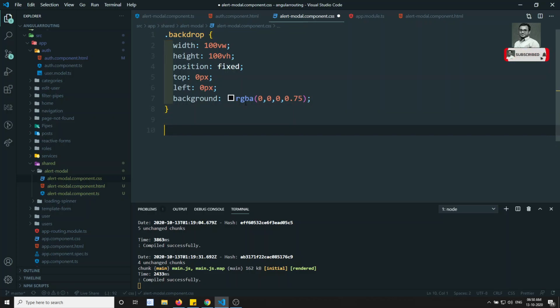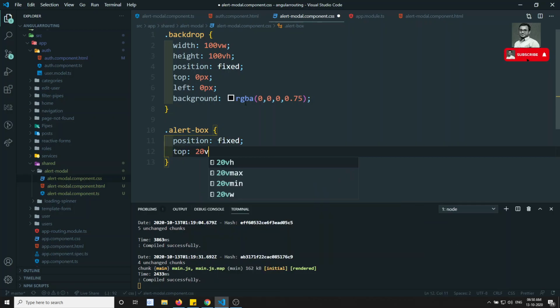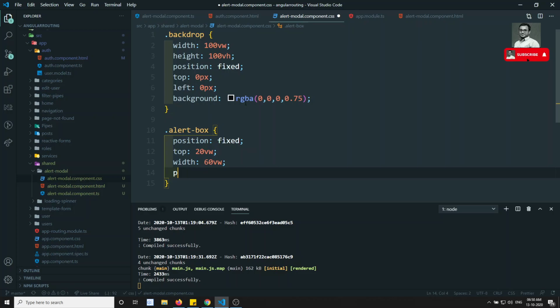And for the alert box, what I need to do is, alert box. This one is also position fixed, so it should be fixed, and also top 20 viewport width. It can come 20, and the width should be 60 viewport width. Why? Because left side 20 and right side 20 it should be. And I can give the padding of something like 30 pixel.